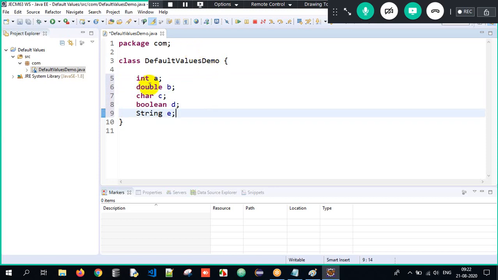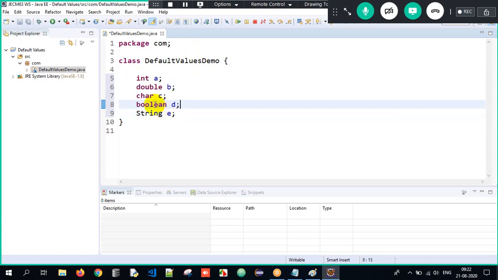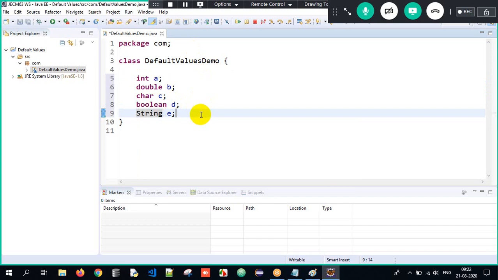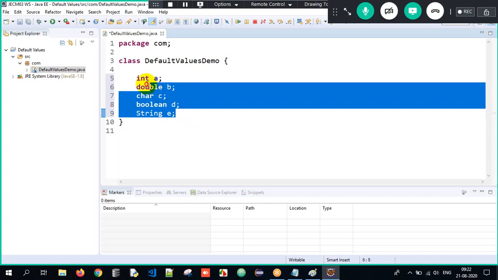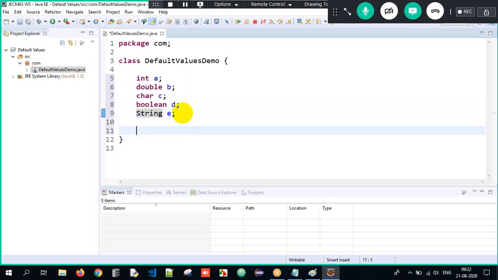If you closely observe, these four have changed their color, correct? Boolean, char, double, int. Why? Because they're all keywords. But String is a class, a predefined class. We will talk about everything later, guys, not everything in a single day. Slowly we'll understand. Now I have declared 5 variables here, and all 5 variables are non-static variables,